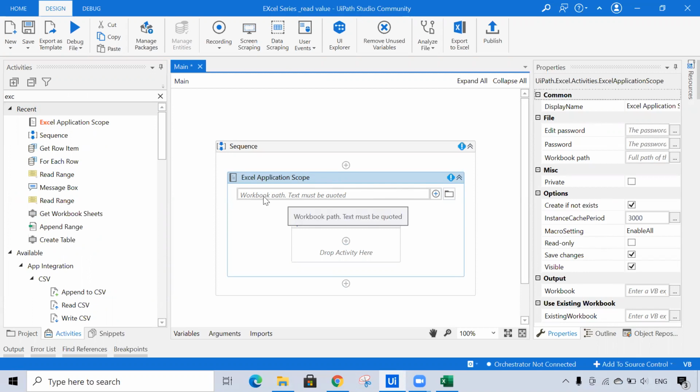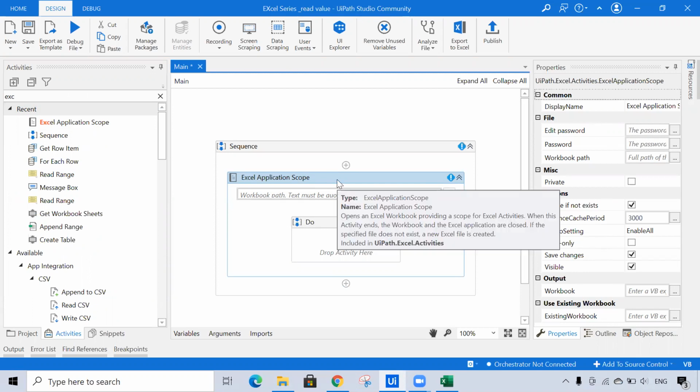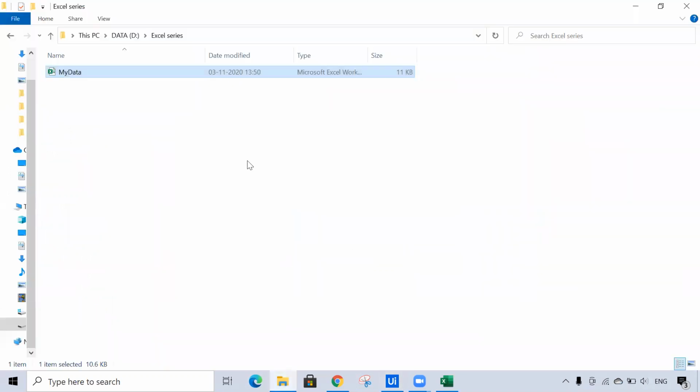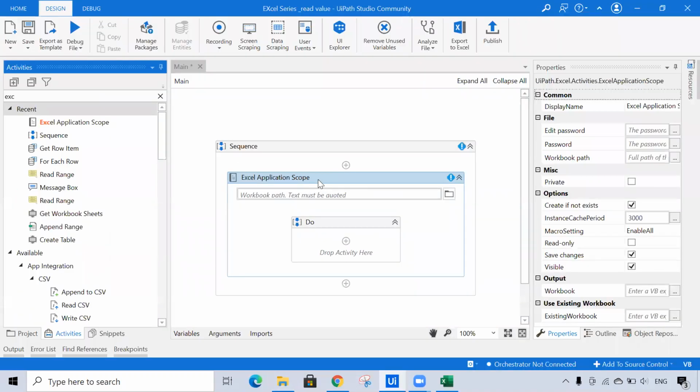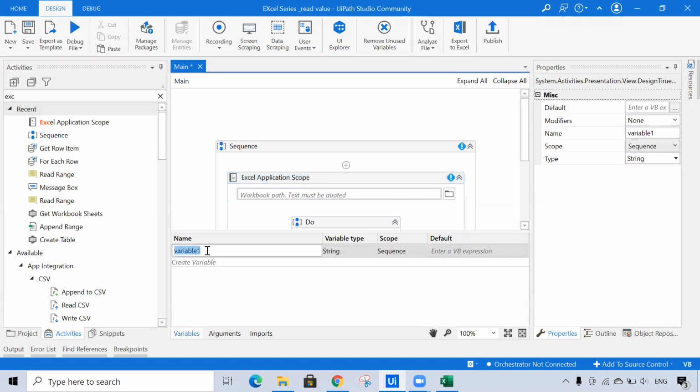You just pass the Excel file path over here. You can directly pass the path, or else you can create a variable and pass the value. So I'll create one variable that is Excel path, and I am just giving the path over here.